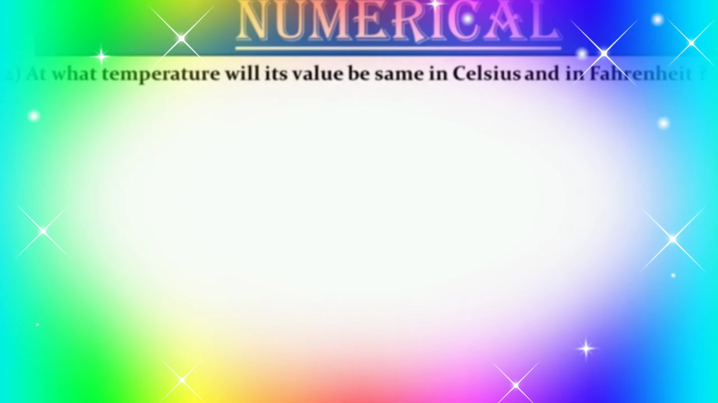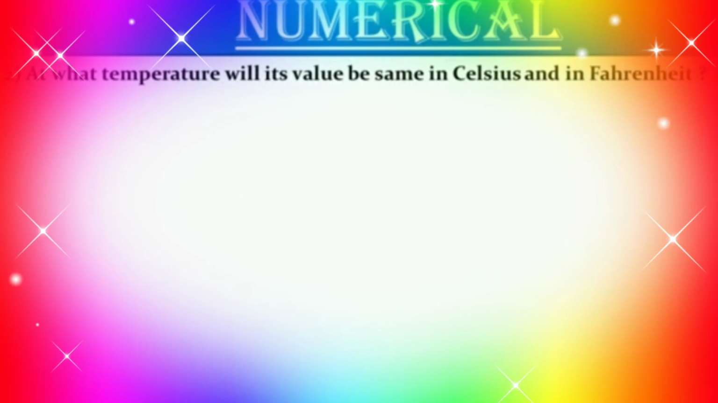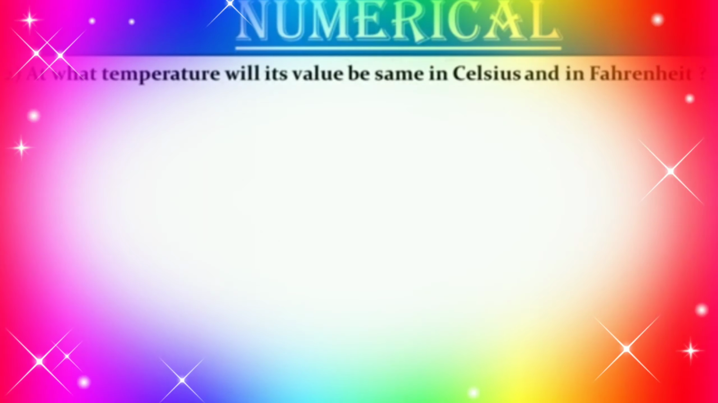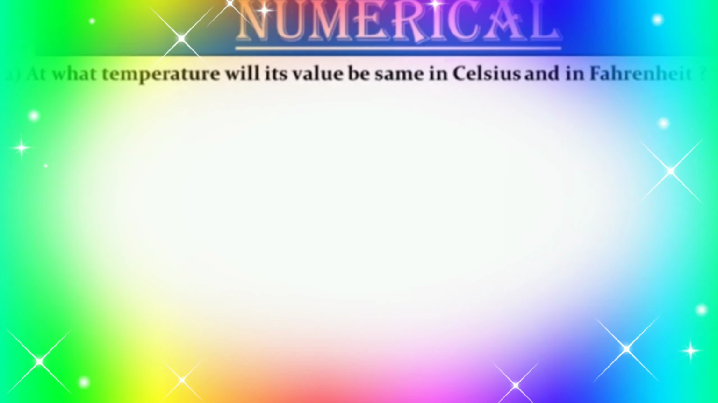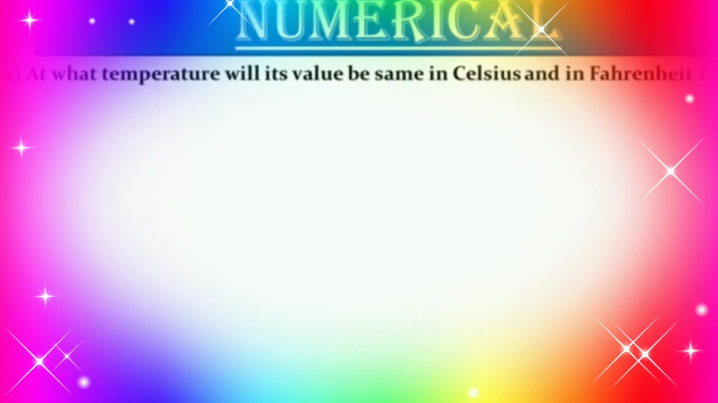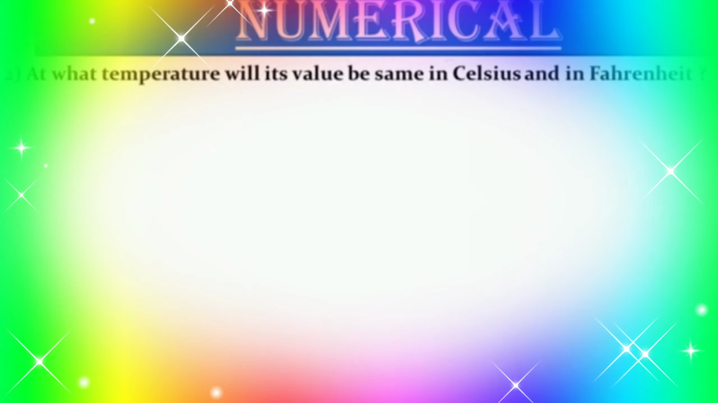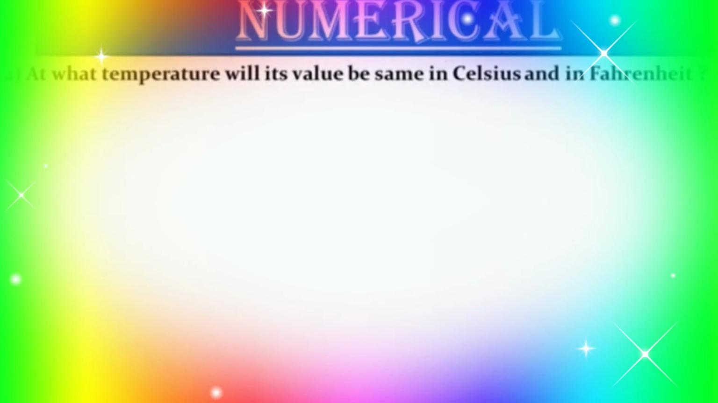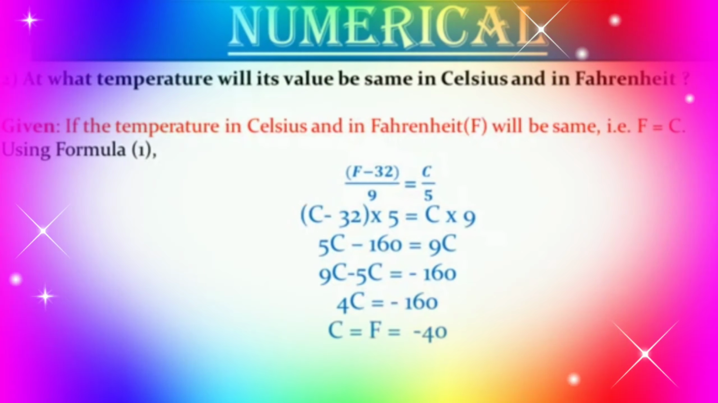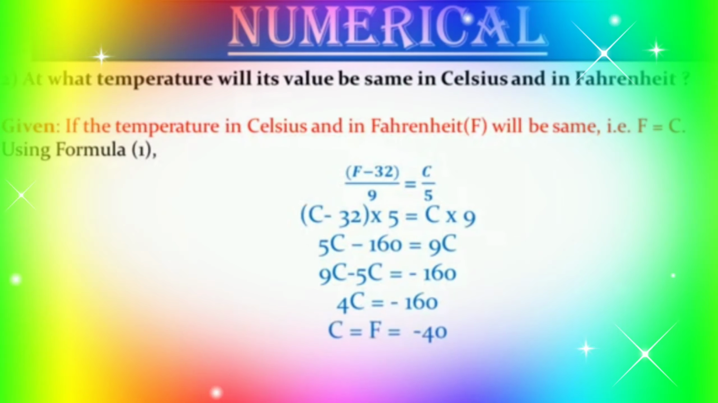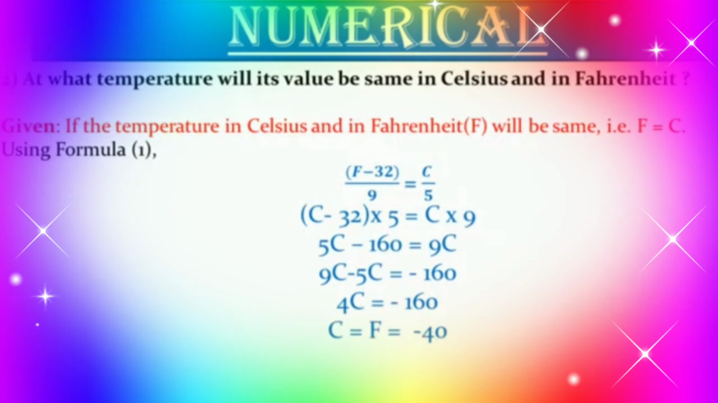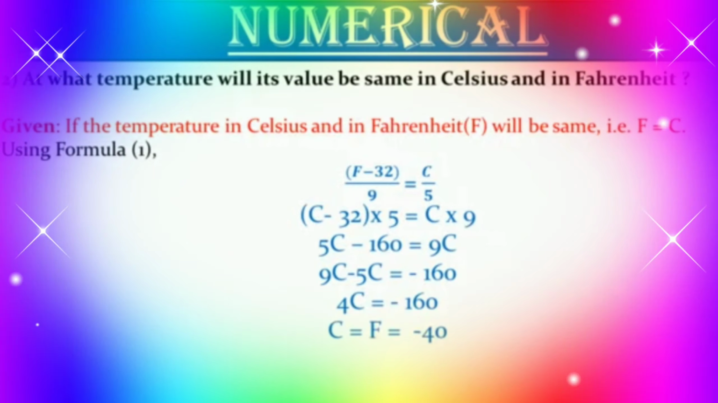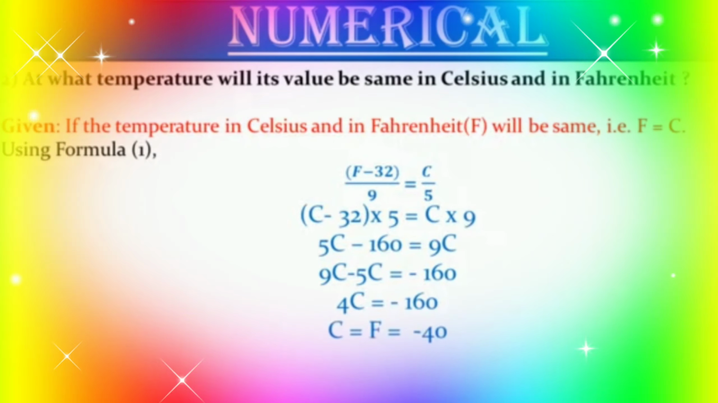Let us see the second sum. At what temperature will its value be the same in Celsius and in Fahrenheit? So here given is, if the temperature in Celsius, that is C, then the temperature in Fahrenheit F will be the same, that is F is equal to C. So when we will use the formula first, it will be F minus 32 upon 9 is equal to C upon 5, or we can say that